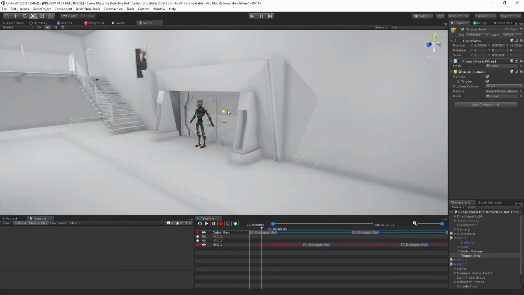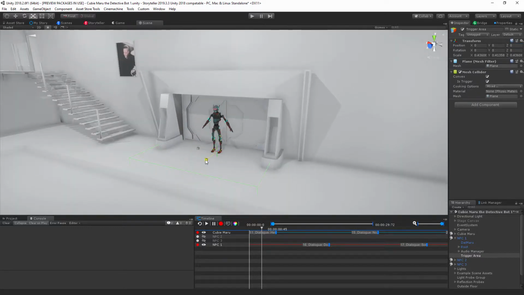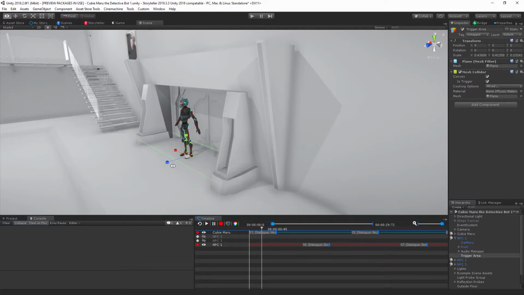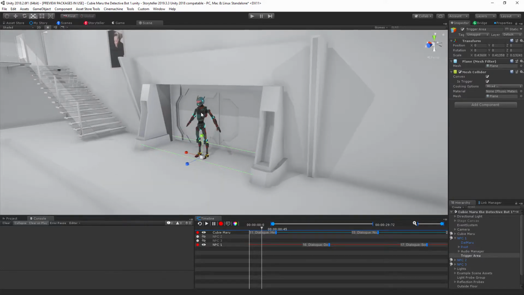And I'm going to scale it down. I'm going to position it at 0, 0, 0, and let's scale it again. Don't make it stick out too much. We want it to be about there, that's perfect. All right, so if we walk onto this area, we're going to end up speaking to